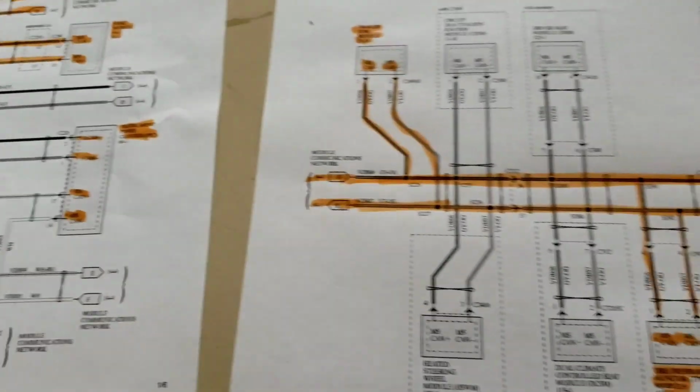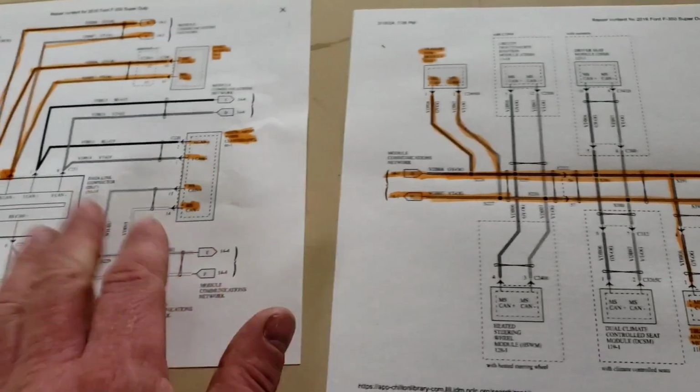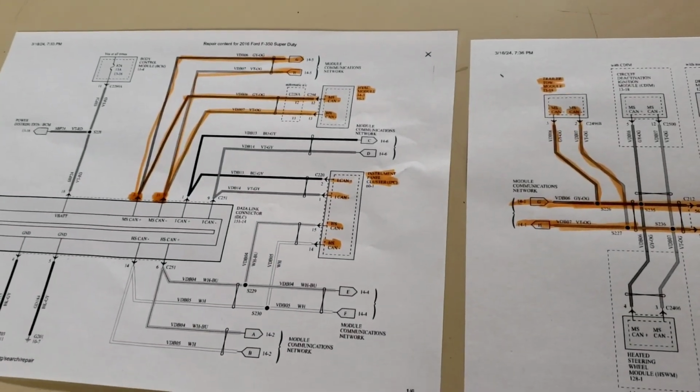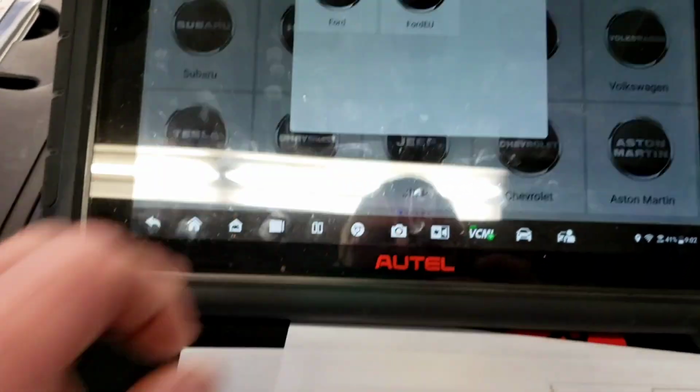So what I'm going to do now is hook up my Autel with the topology to give you a better visualization of what we're looking for. Well, before I pull that up, I guess I'll show you the stuff in the service data. So the